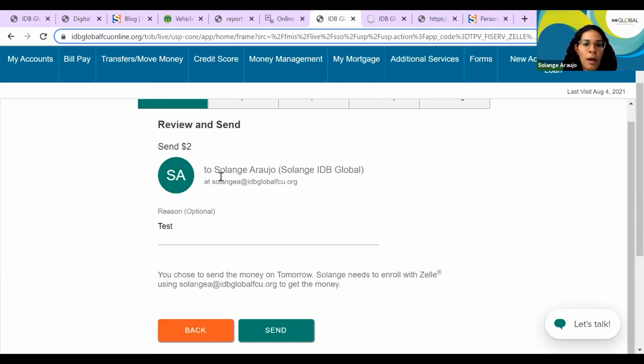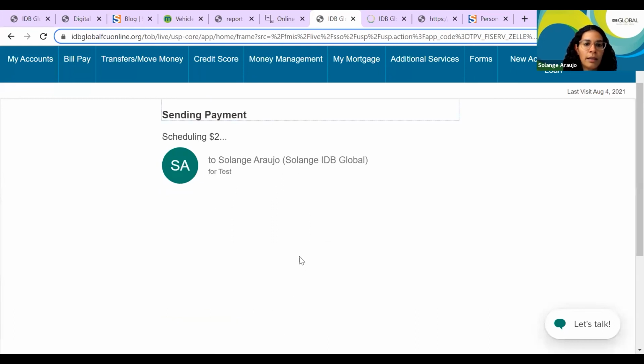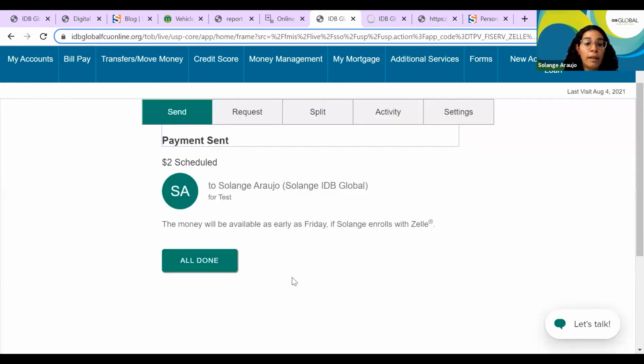So here, I'm using my own account to test, and I'm already enrolled with Zelle. So when I click here on send, it will schedule, and then I'll receive the funds on the day that I selected. It's also very important to remind that